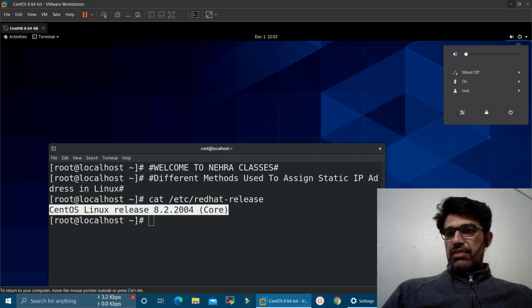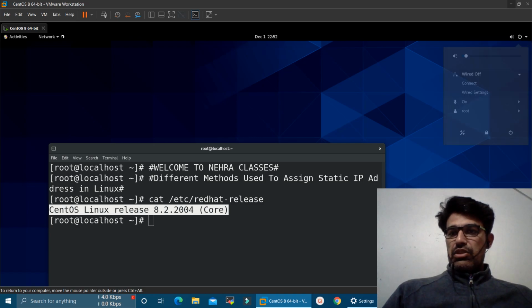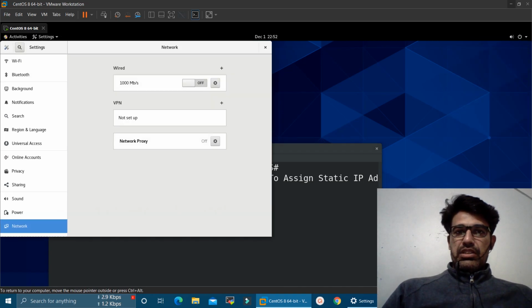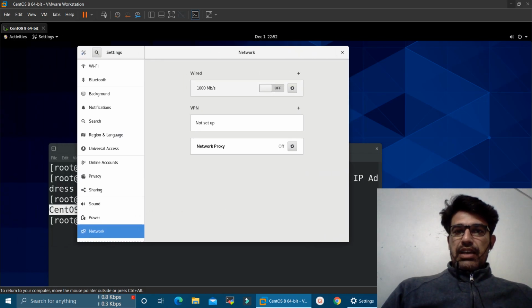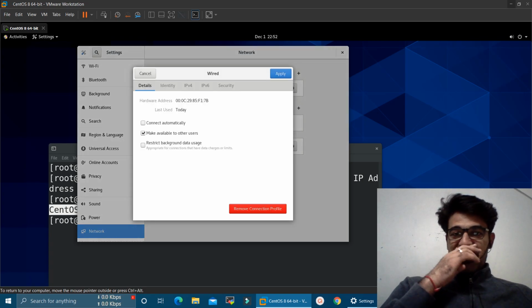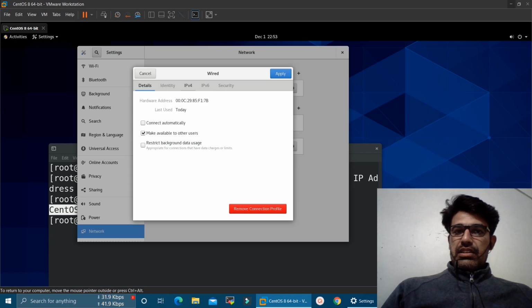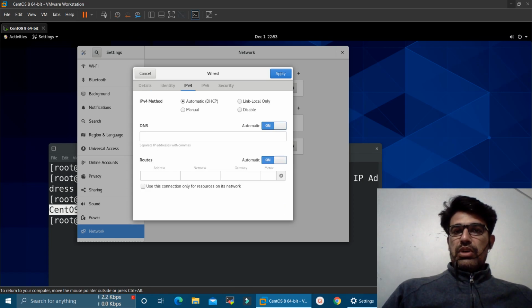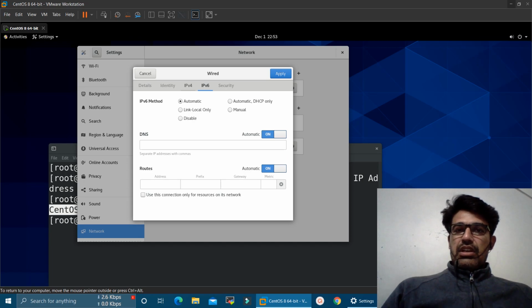power button, and there we will click on it, and then we will click here on wired off, and here in the wired settings we will click here on this option. So it will open the GUI utility. Here we will click here on the settings tab, and then we can either click here on the IPv4 if we want to assign the static IPv4 address, or in case if we want to assign the static IPv6 address, we can click here. Let us suppose I want to assign the static IPv4.